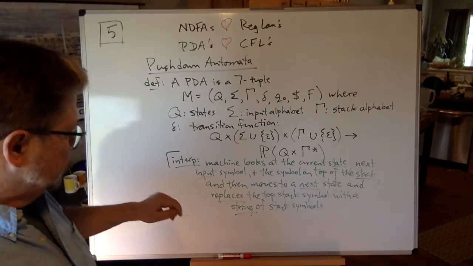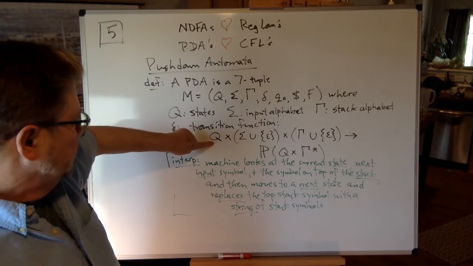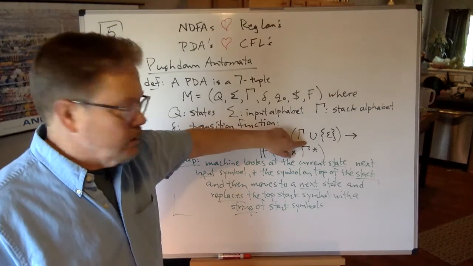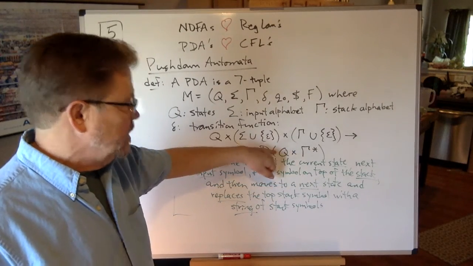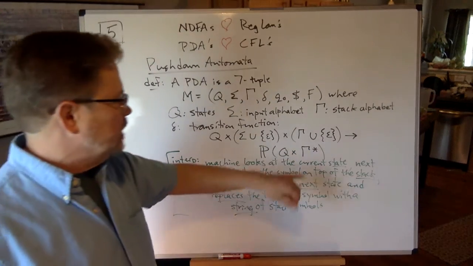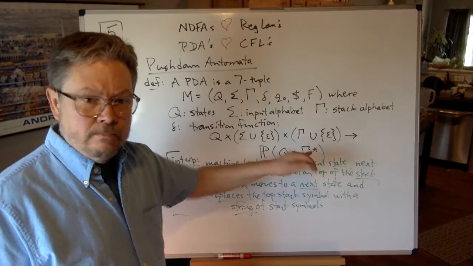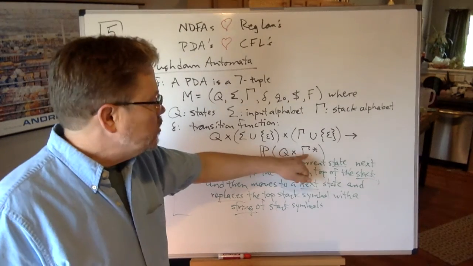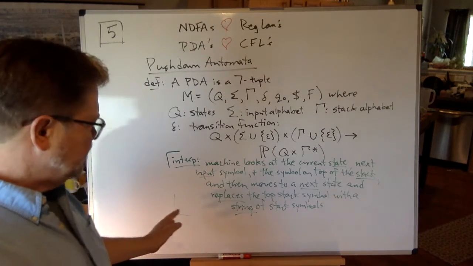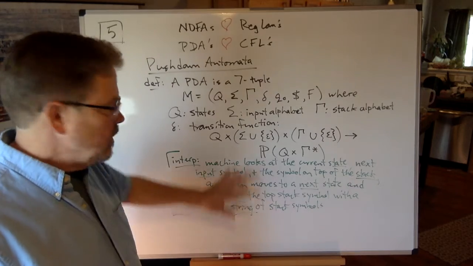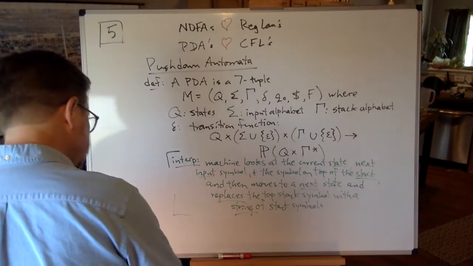Let me read this back, see if it makes any sense to me. Interpretation of all this gunk right here. The machine looks at the current state, the next input symbol, and the symbol that's on top of the stack. And then little delta says, okay, now we're going to go to this as our next state, and I want you to rip off that symbol you saw on top of the stack and replace it with this string of symbols. It's 0 or more symbols. We could replace it with nothing, also known as popping the stack, or we could even replace it with multiple symbols. That's the weird thing about it, that we can replace it with several things. But the green stuff is trying to explain all of that right there. That still leaves me some pieces out of my 7-tuple to go.